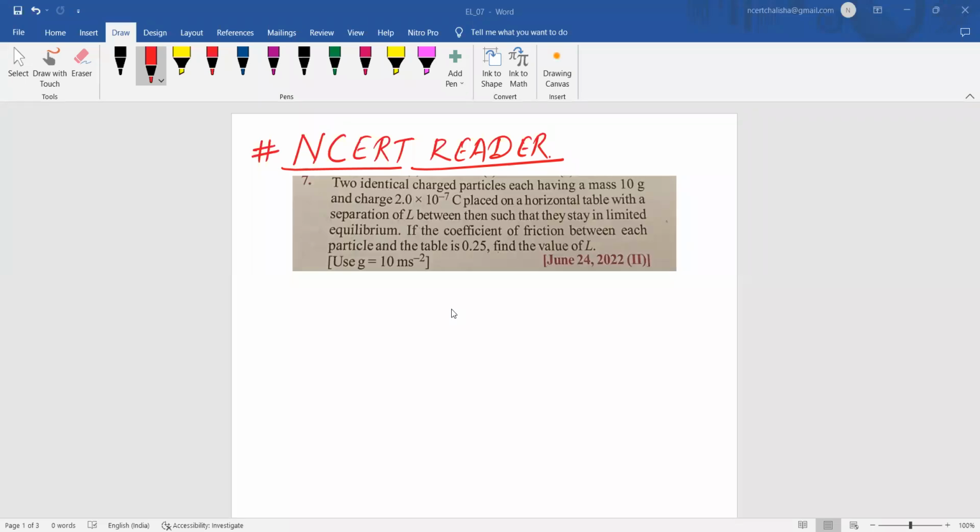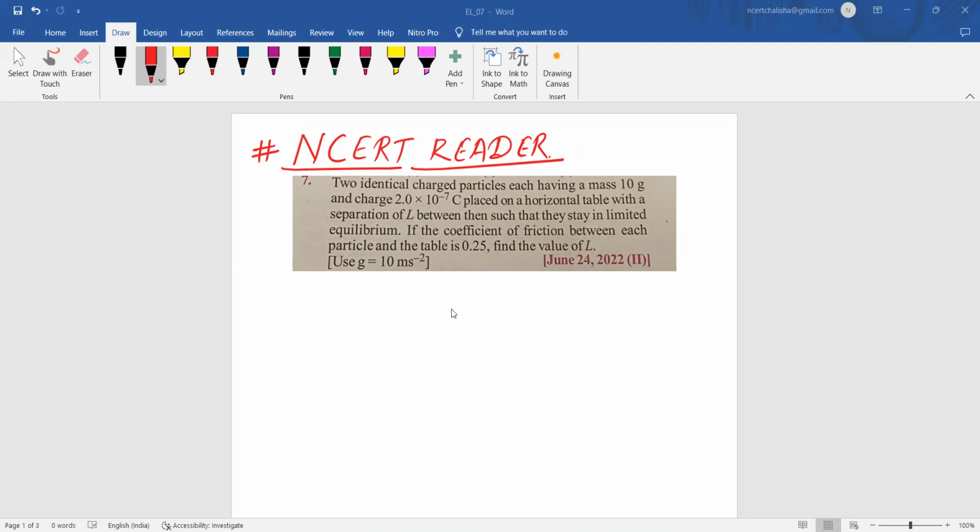So this is the next question: two identical charged particles, each having mass of 10 gram and charge 2 into 10 to the power minus 7 coulomb, are placed on a horizontal table with a separation of L between them, such that they stay in limiting equilibrium. If the coefficient of friction between each particle and the table is 0.25, find